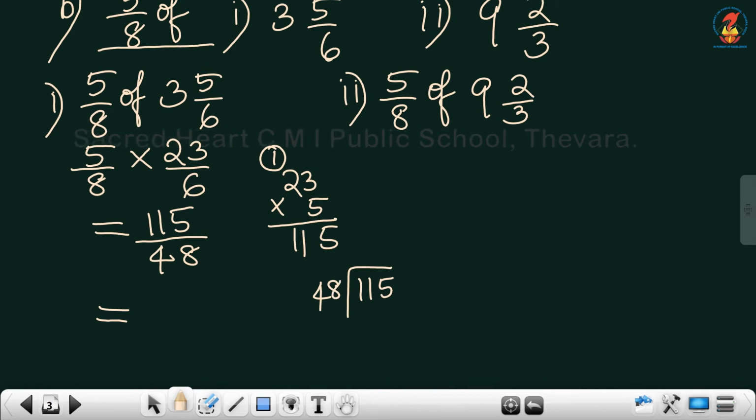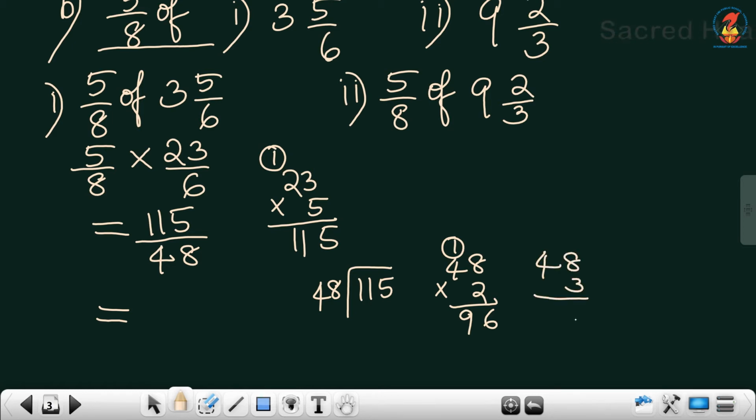Okay. Now, find out the multiples of 48. 48 into 1 is 48. Like that way you find out the multiples. 48 into 2, what is the answer? 8 2s are 16, 1, 8, 9. Now 48 into 3, what will be the answer? 8 3s are 24, carry over 2, 12 plus 2, 14 you will get. So it's a multiple bigger than this. So we have to take the lowest multiple. So 48 into 2, what is the answer?